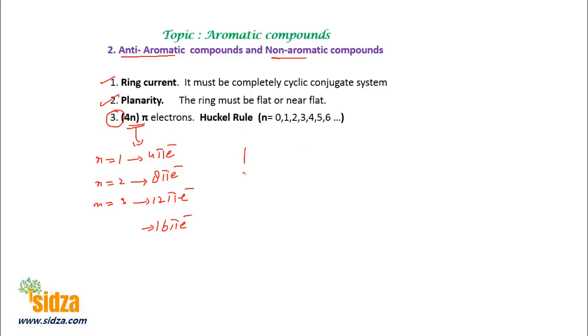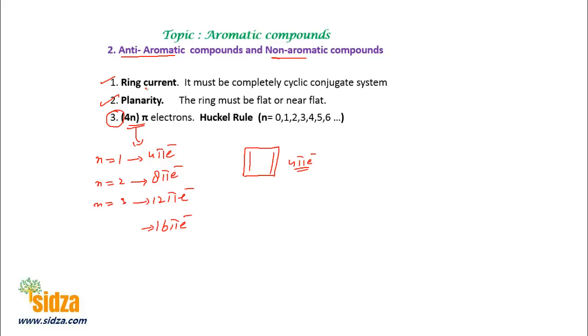Just like this molecule, if we have a cyclic molecule like this one, and you have two double bonds alternately, you can see this is cyclic. It's a conjugated system. You have a double, single bond, right? So this is a completely conjugated system. It's planar also because every carbon is sp2 hybridized, but it's not aromatic. It is anti-aromatic because it contains what? It contains 4 pi electrons, right? So a 4 pi electron system, 8 pi electron system, 12 and 16, these are anti-aromatics, right?